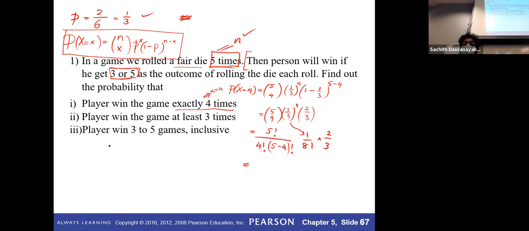If you have something like this, let's say this is just an example: 10 factorial divided by 6 factorial. You can simplify it like this. 10 factorial you can split into 2 pieces: 6 factorial times 7 times 8 times 9 times 10, then divide by 6 factorial. So you can cancel this 6 factorial with that 6 factorial, and then you multiply 7, 8, 9, and 10.